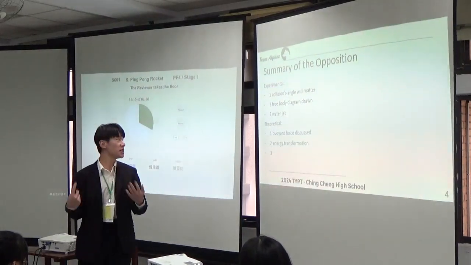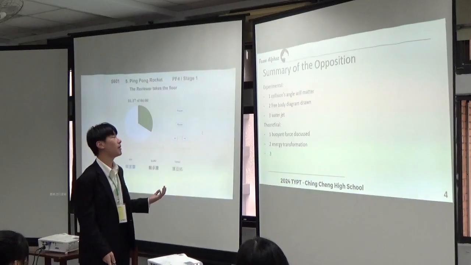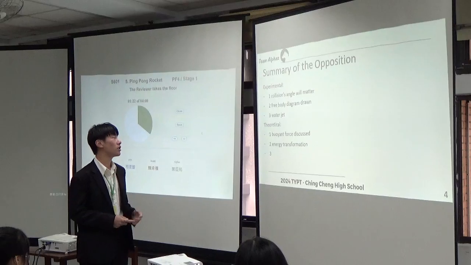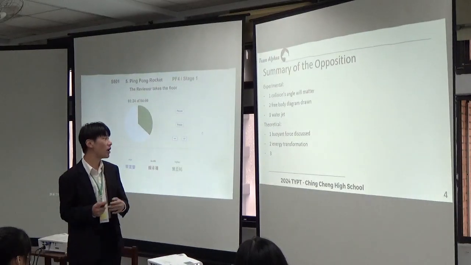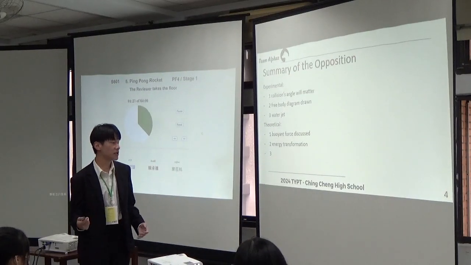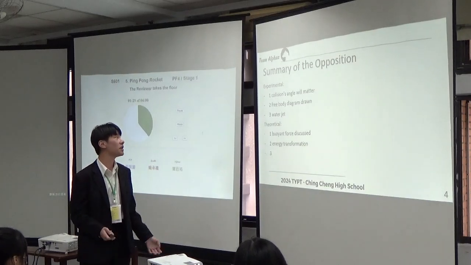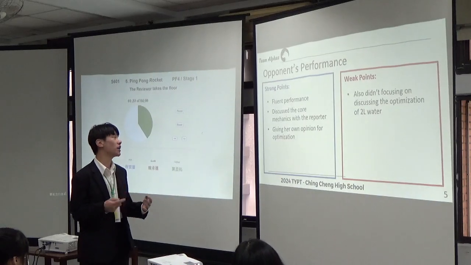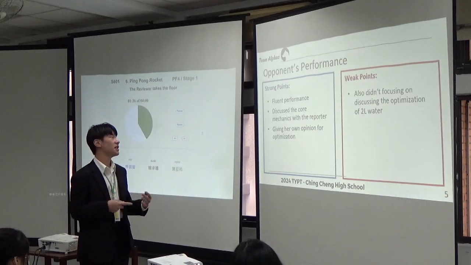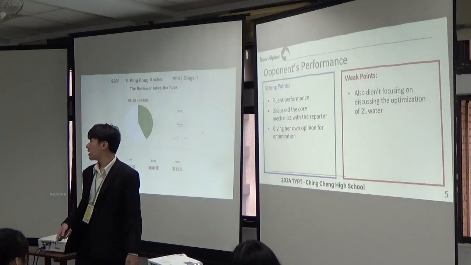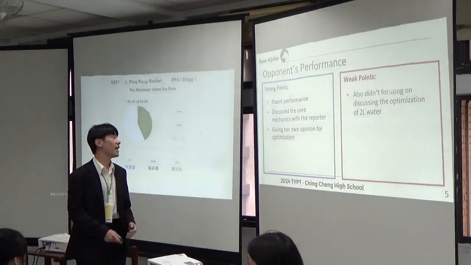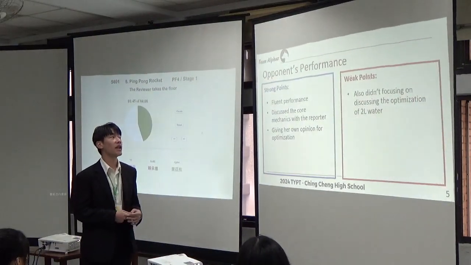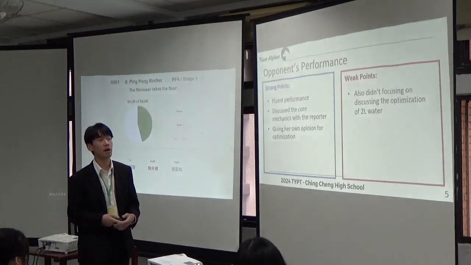And for a summary of the opposition, in their experimental part they raised the collision's angle, and the free body diagram was drawn, and also the water transformation. And for the theoretical parts, they discussed the buoyant force and also the energy transformation. And for the opponent's performance, their strong points are they have fluent performance, and they discuss the core mechanics such as the energy transformation with the reporter, and they give their own opinion for the optimization. And the weak points are they also didn't focus on discussing the problem statement's